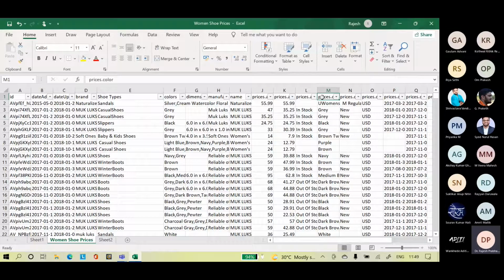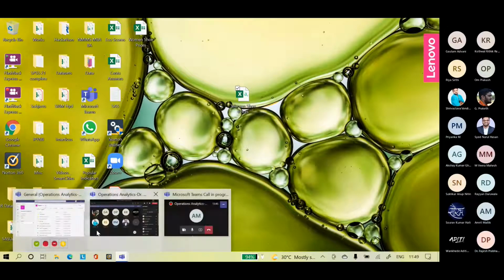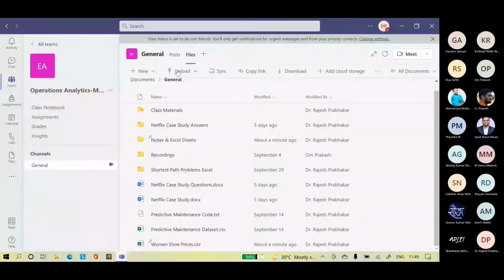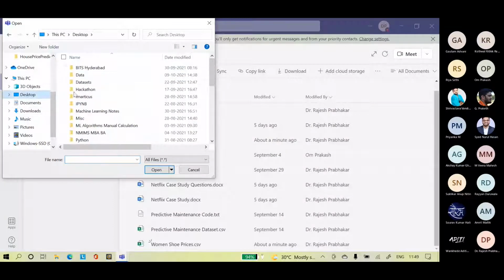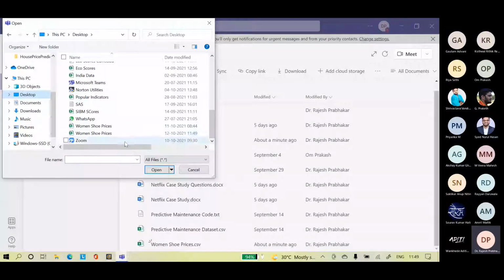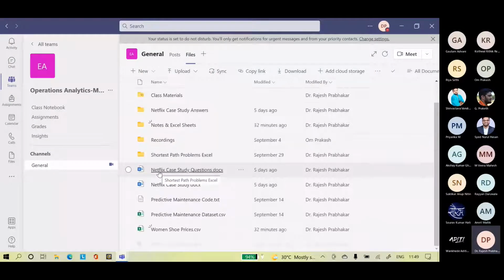Now, shall I upload this sheet with corrected data? Yes, sir. See, in data, it is all about cleaning up. You have to do a lot of cleanup activity. Take the Excel sheet file, not the CSV one.